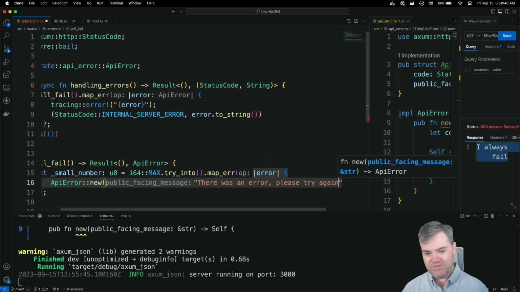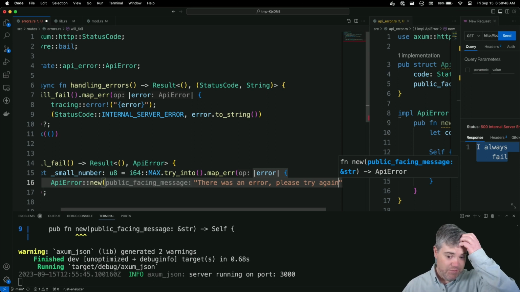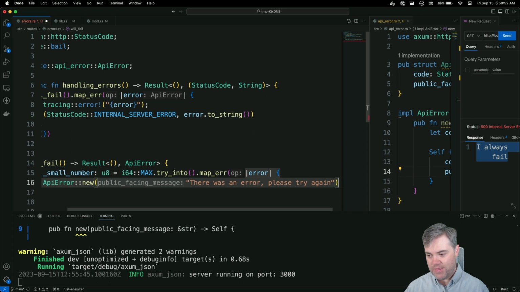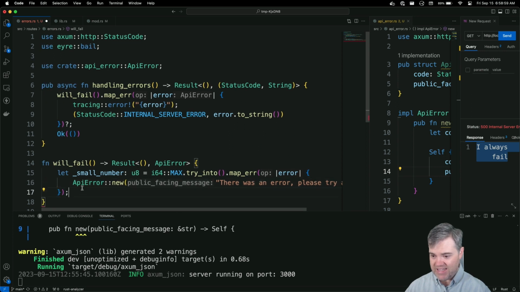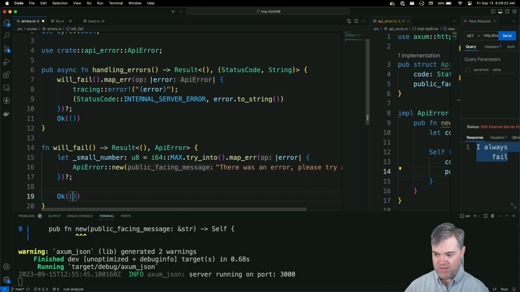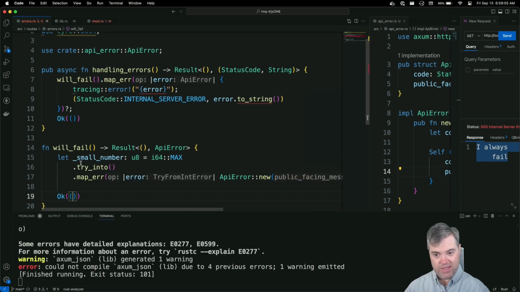Even though I know this is not going to work. Maybe I would do something like we're aware of it and we're fixing it, or send an email to support, or whatever message we want to do. So if I do new like this, it's going to return a self, which is exactly what we want, which means that I can now question mark you, and at the end we have to return okay. And so this works.